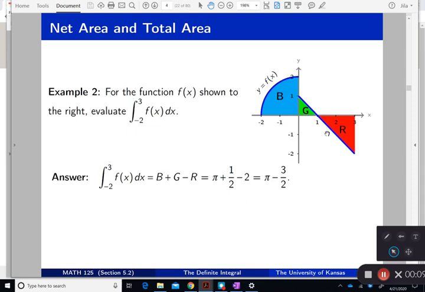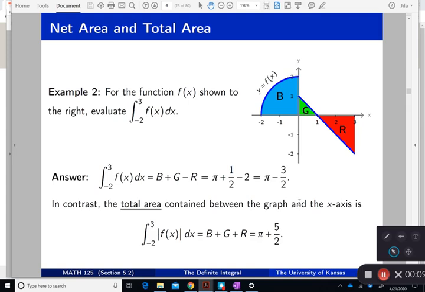Now, if I want to find the total area, I have to add b plus g plus r. Basically what you're doing is finding the integral of the absolute value of f of x rather than f of x if you're adding all the areas. And so that would be b plus g plus r, which is pi plus